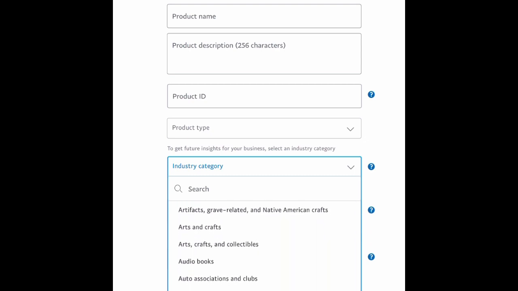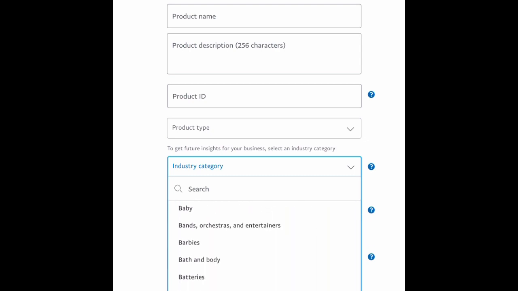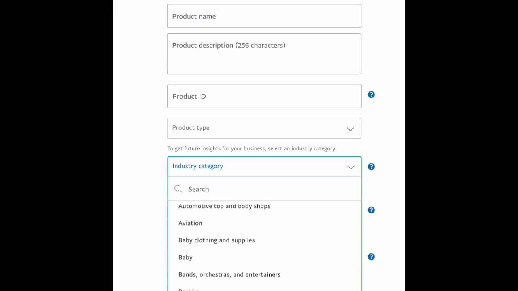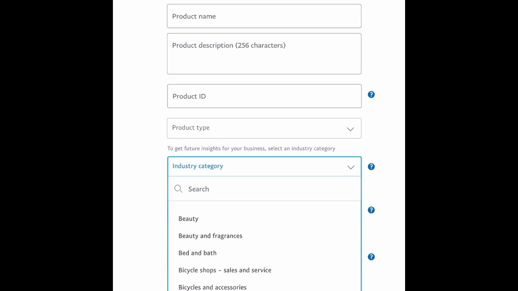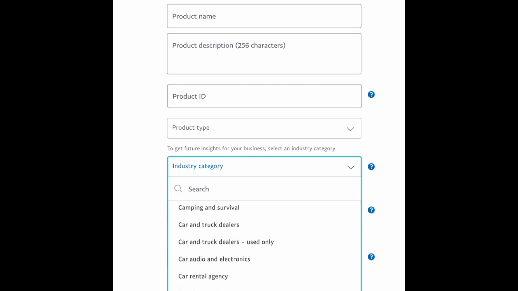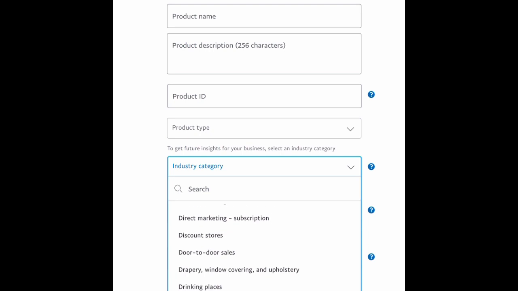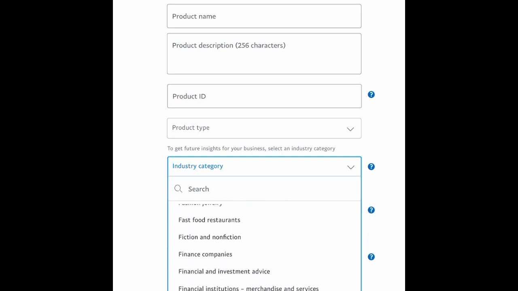There's like appliances and baby, beauty, and the list goes on. And they have some pretty interesting categories. You'll see what I mean in a moment if you catch it. I don't know if you will or not, but